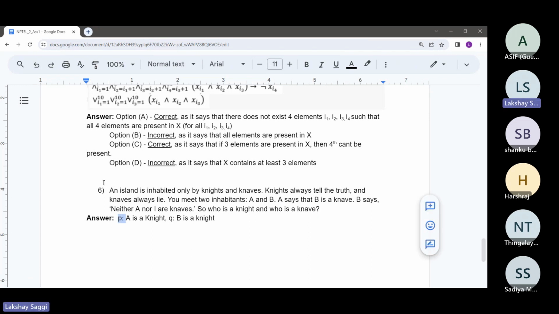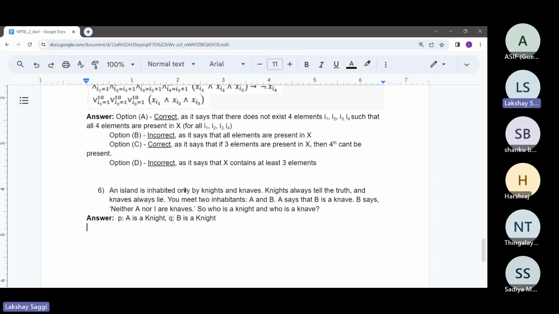So basically, this is why we can formulate it as a propositional problem. If P and Q are true, then A and B both are knights. Let's say P is false, then it means that A is not a knight. And if A is not a knight, it can only be a knave, as inhabitants only consist of knights and knaves. So that's why we have these two propositions. If we come across P and Q both false, or P or Q true, or something like that, we can tell: if P is true, then A is a knight. If P is false, then A is a knave. Same goes for Q and B. That's why we have formed these two propositional variables.